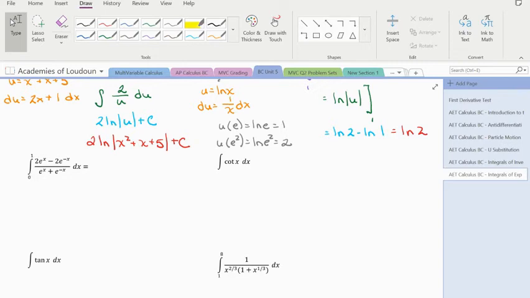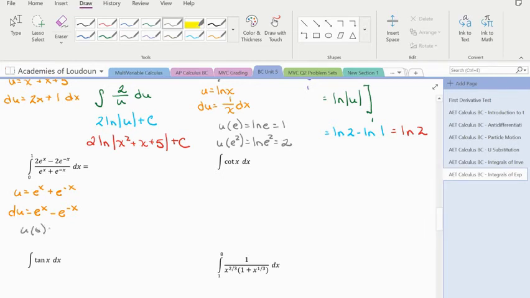So again, we're going to choose our denominator to be u. So u is going to be e to the x plus e to the negative x, and you'll recognize this from my previous problem. So du is then e to the x minus e to the negative x. And again, we recognize that we have the 2 in the numerator. So we need